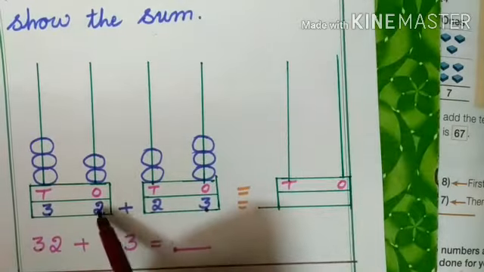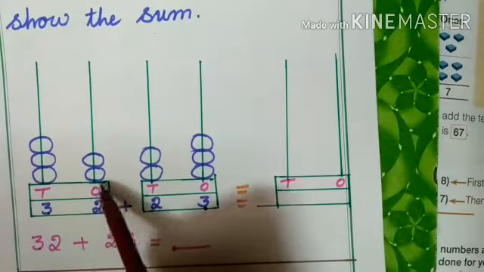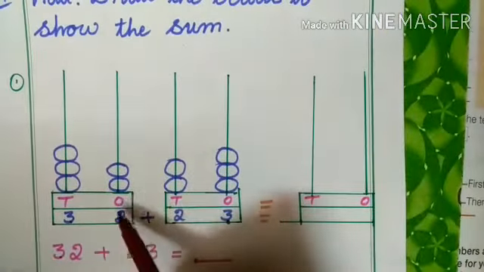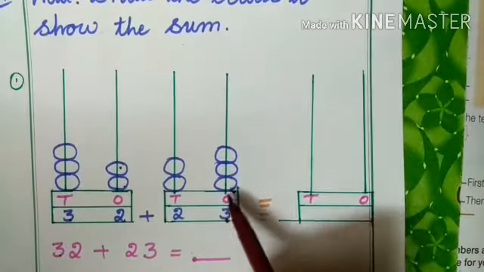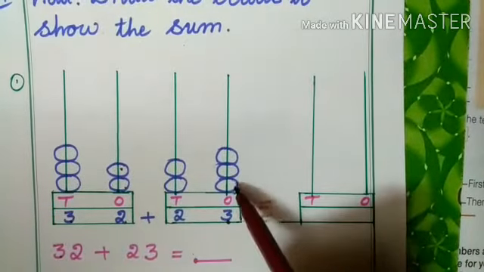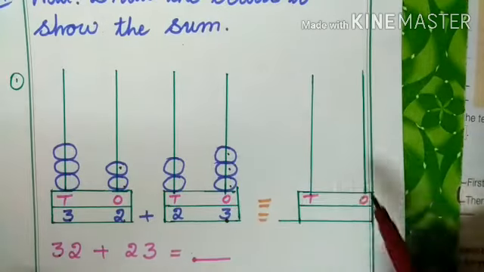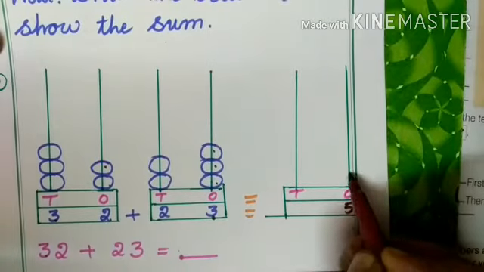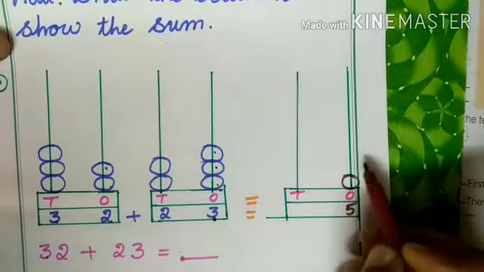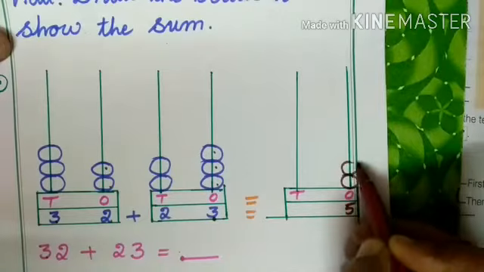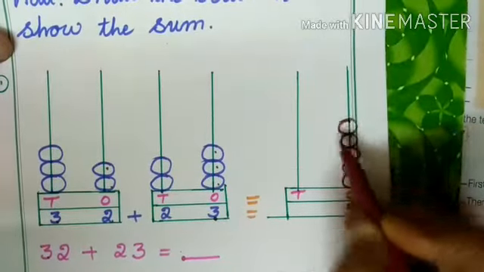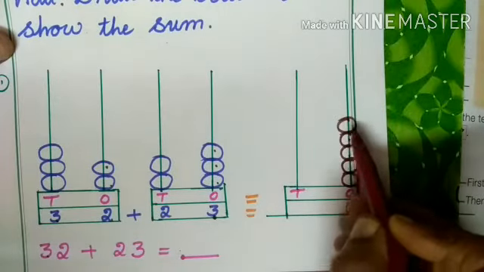Here is ones place, 2 are there. 2 balls are there. Now shall we count it? First count the ones place. Here 1, 2. In this also 3 are there. 2 after 3, 4, 5. Here 5 ones are there. Now we write here 5 and draw 5 circles in this one. 5 circles are beads. 1, 2, 3, 4, 5.